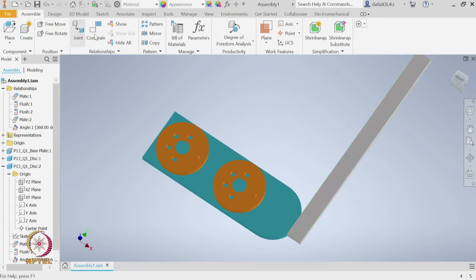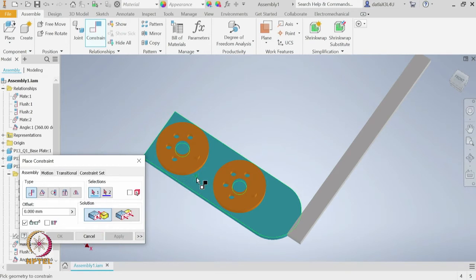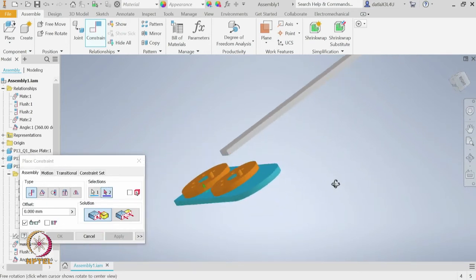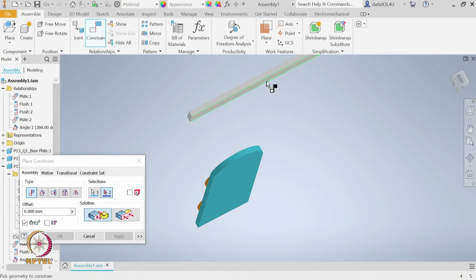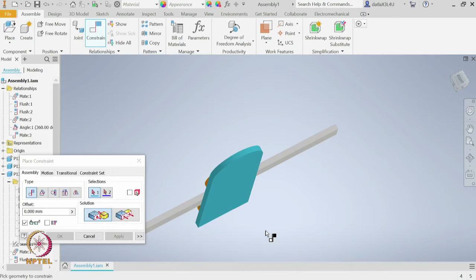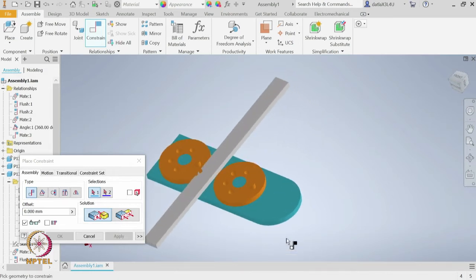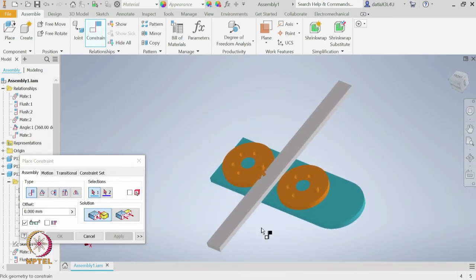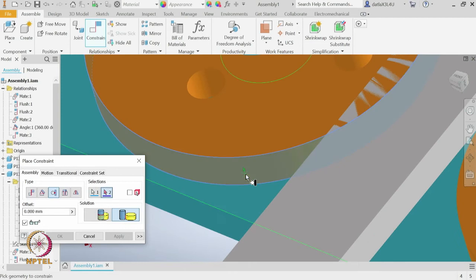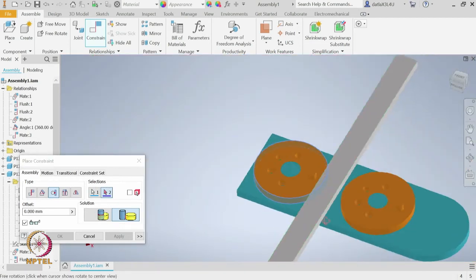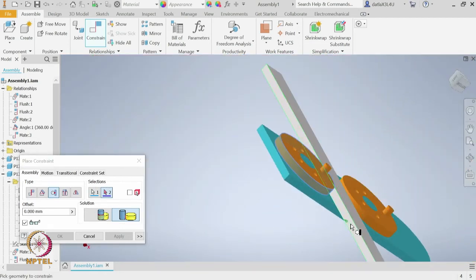I will apply a mate constraint between the top surface of the base plate and the bottom surface of this link. Apply. Okay. Secondly, I will apply a tangent constraint between the roller surface and this face of the link.